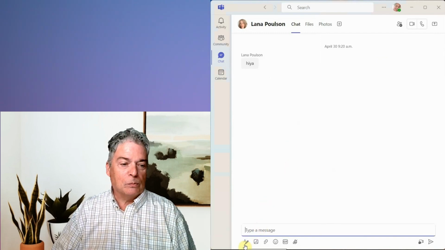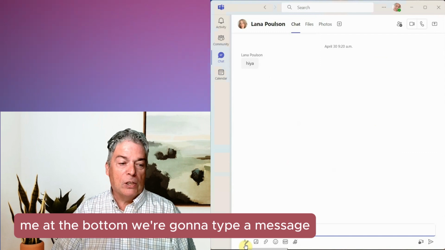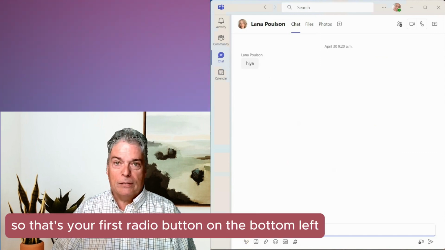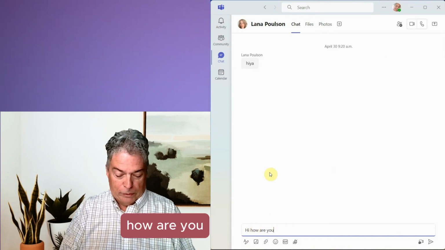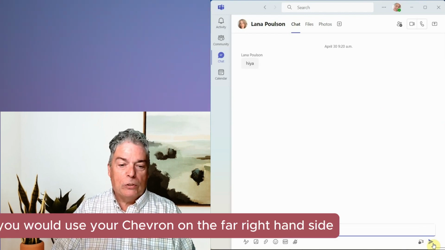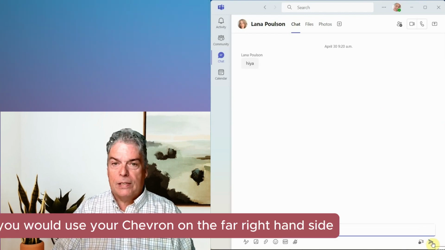At the bottom, we're going to type a message. The first line item is formatting, so that's your first radial button on the bottom left. And you can type a message saying, hi, how are you? If you're going to send that, you would use your chevron on the far right-hand side at the bottom,